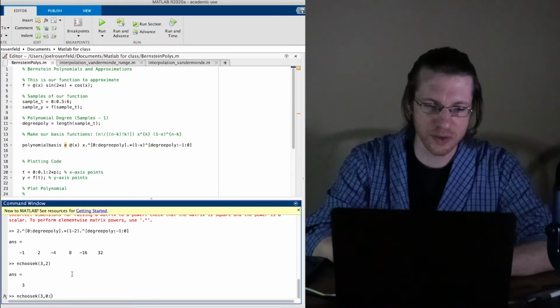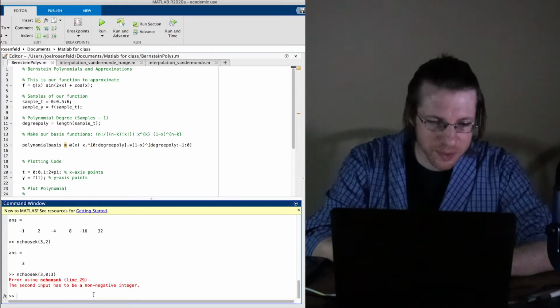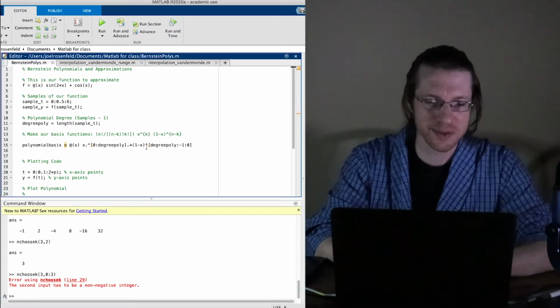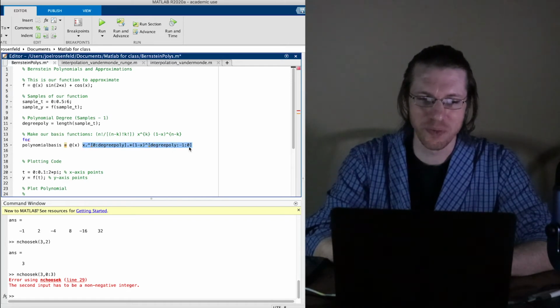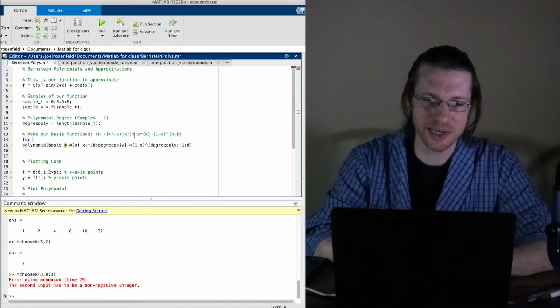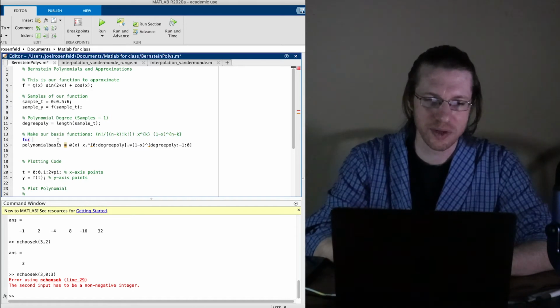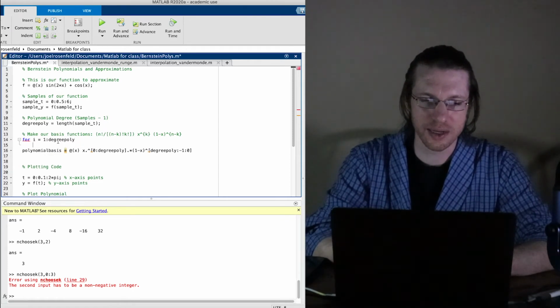Now let's see what happens if I do 3, and I'll go 0 to 3. See if it gives me anything. Oh, no. Nope. Okay, so we're going to have to fill in a vector with this. So we're going to go 4, and then I'm going to multiply all these by that. So I need to multiply element-wise n choose k times these. So I'm going to say for i equals 1 up to the degree of our polynomial, we're going to have,